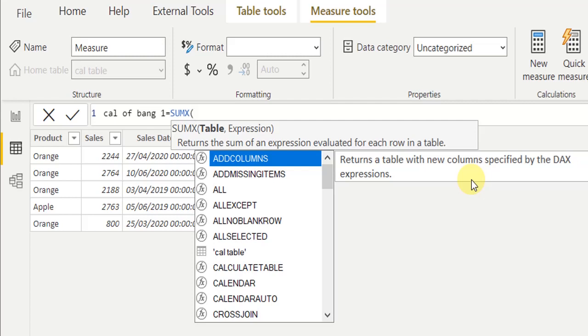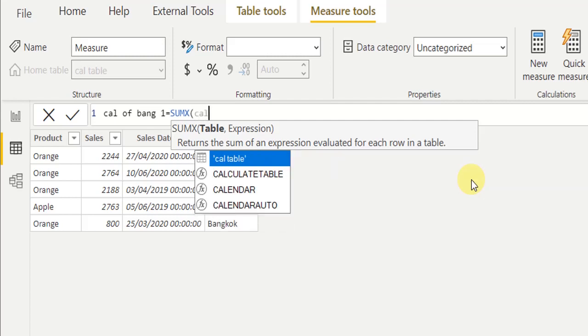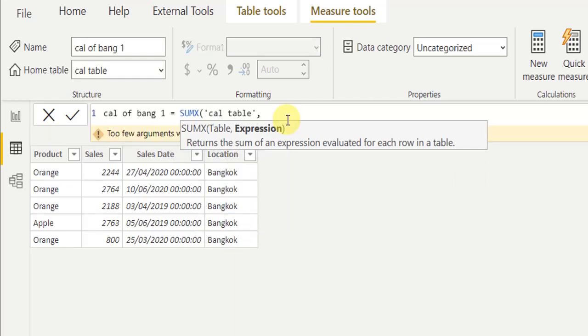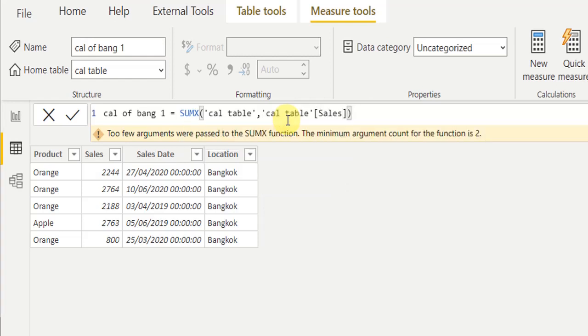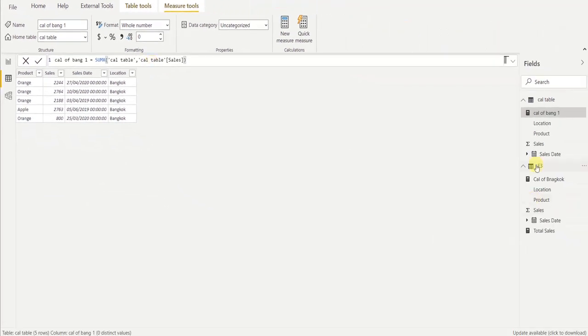And instead of table, you can type cal table and then the column name sales, bracket close, enter. As you can see, the measure is created here.